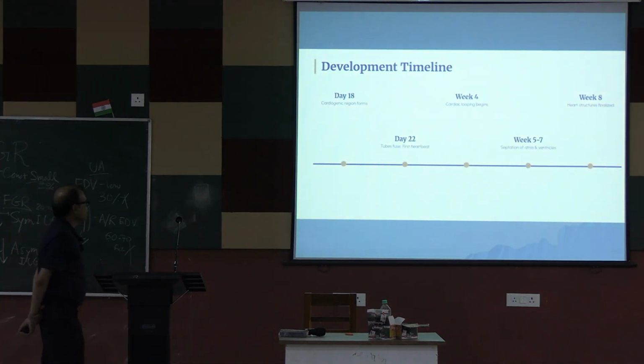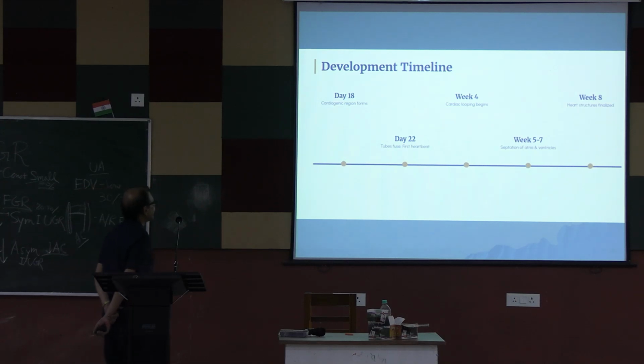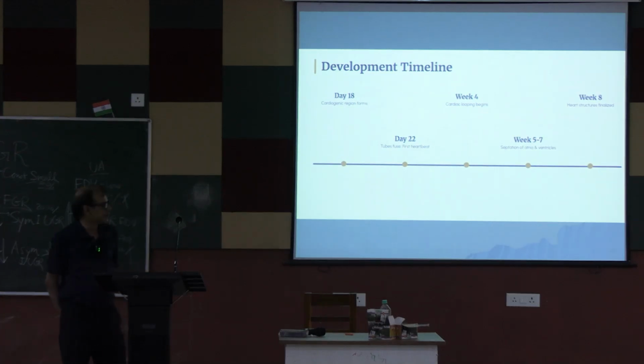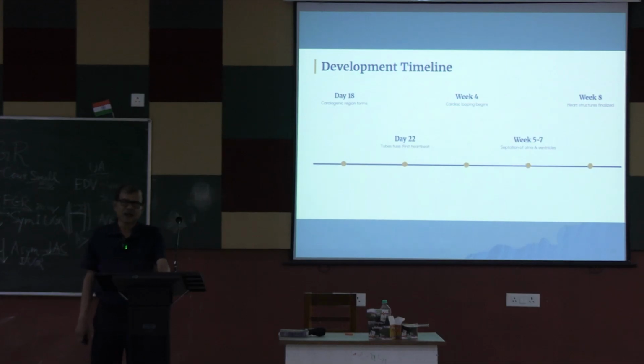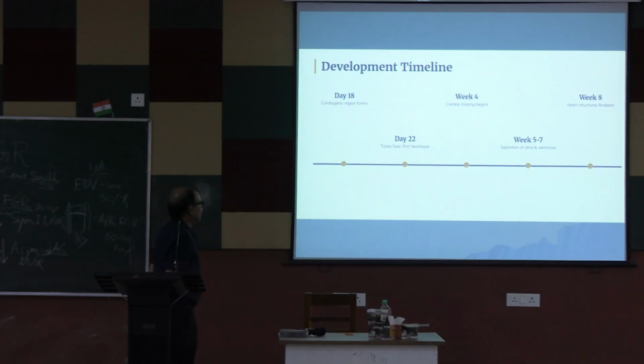Now the developmental timeline or sequence. Day 18, cardiogenic region forms. It is day 18, development of the primitive heart tubules in the cardiogenic plate. Day 22, tube fusion with the exception at the caudal part. And at 4 weeks cardiac looping begins. That means the primitive tubular heart undergoes a rotational movement, assuming an S-shaped configuration. Then weeks 5 to 7, septation of atria and ventricles, and by the end of